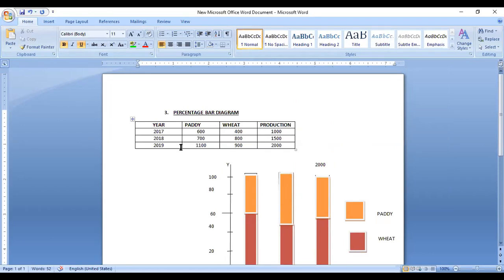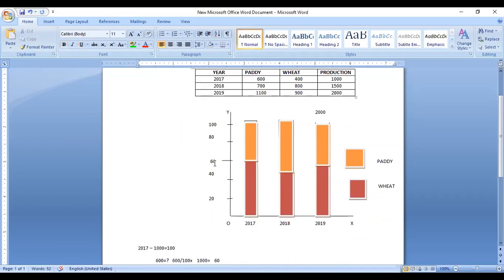Okay. The total units that we have taken into consideration should be made equal to 100 and the subdivisions should be divided according to the ratio. All should be made equal to 100. So the height will be the same for all three bars because we have made them equal to 100. That is why there is no difference in bar height. All are of the same height.